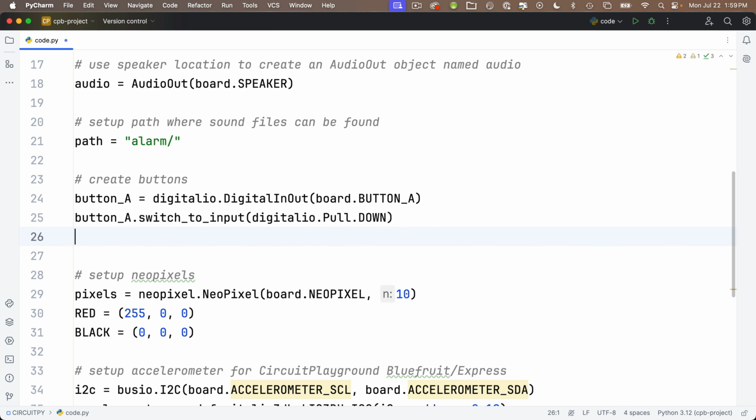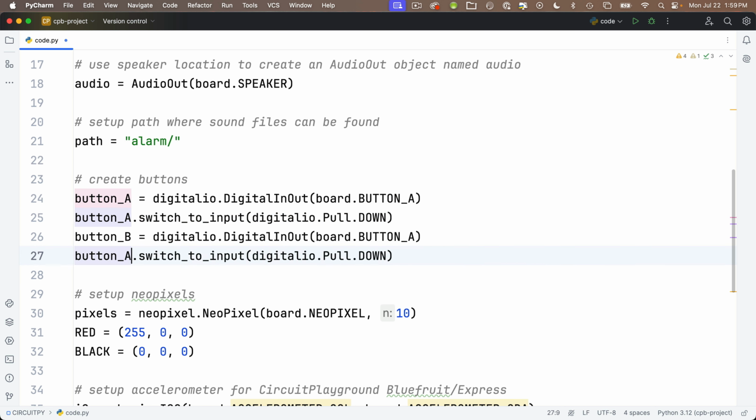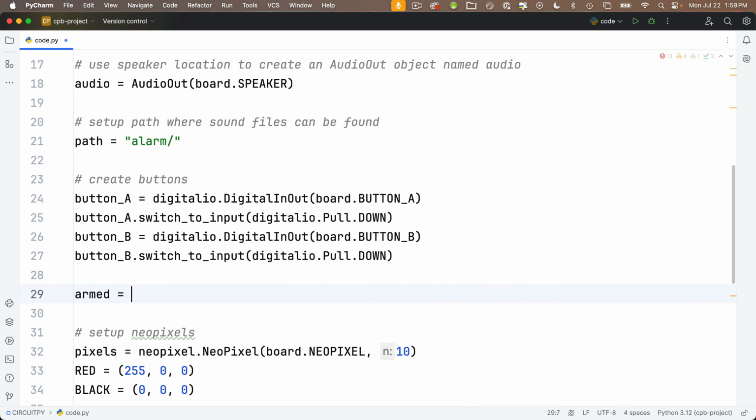With this button created, we'll copy these two lines, paste them down below, and switch the three button A references to button B. And you might recall from the fridge alarm, we create a variable named armed, and we set this equal to a capital F False so that the alarm is initially unarmed